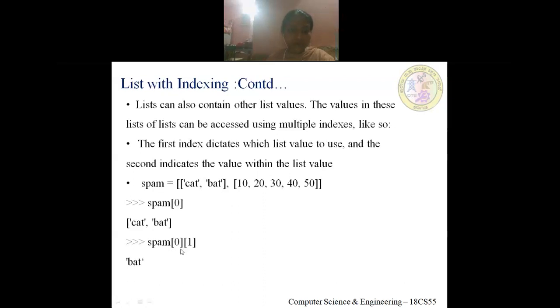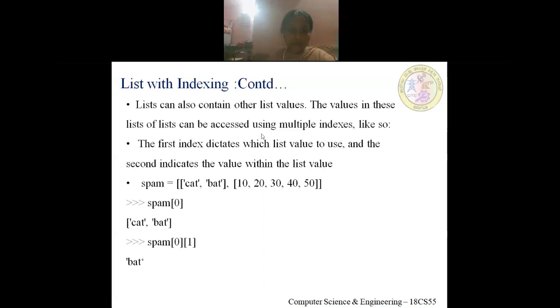Similarly here 0 comma 1. What does 0 represent? 0 represents the first element in spam, and 1 represents the value at position 1 inside the first element, that is bat.